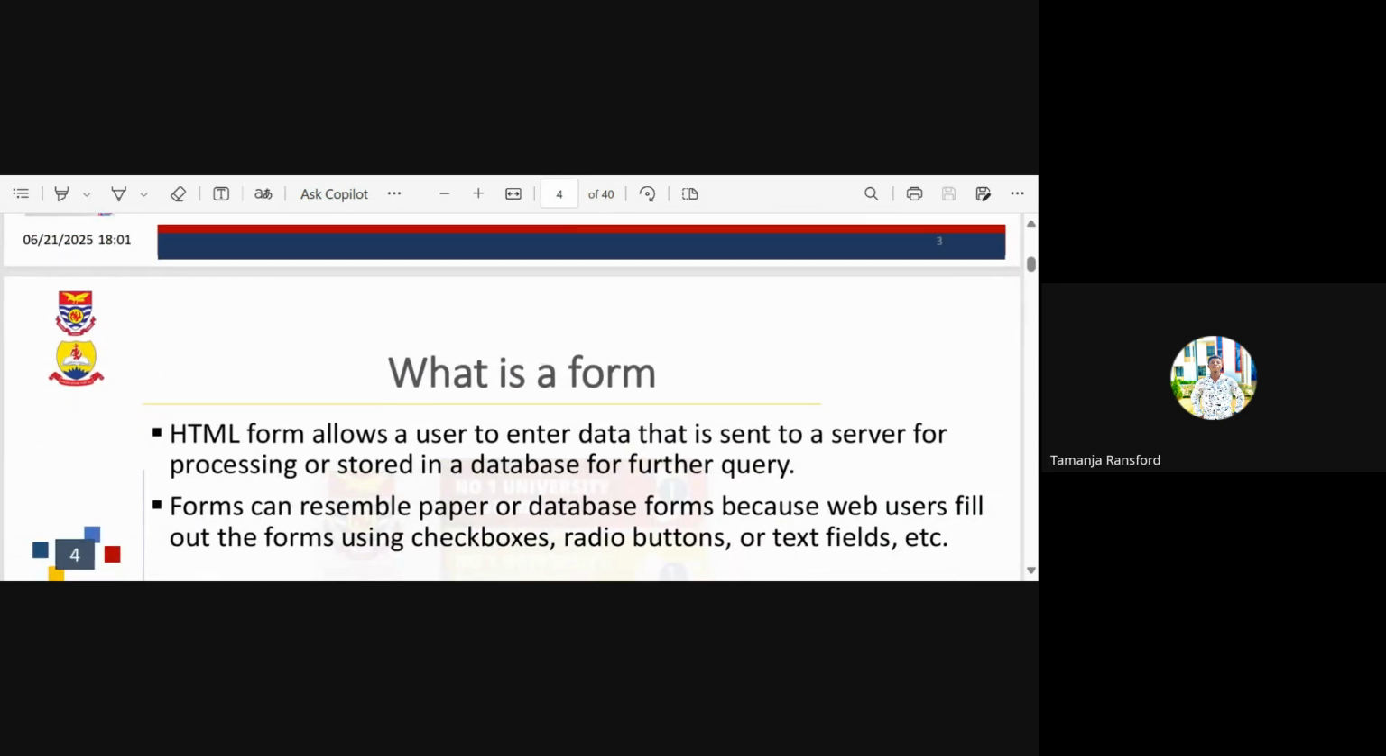So as you mentioned earlier on, an HTML form allows a user to enter data, and that data is sent to the server for processing or stored in the database for future queries or for further queries. Now, forms can resemble a paper or a data form because web users fill out the form using checkboxes, radio buttons, or text